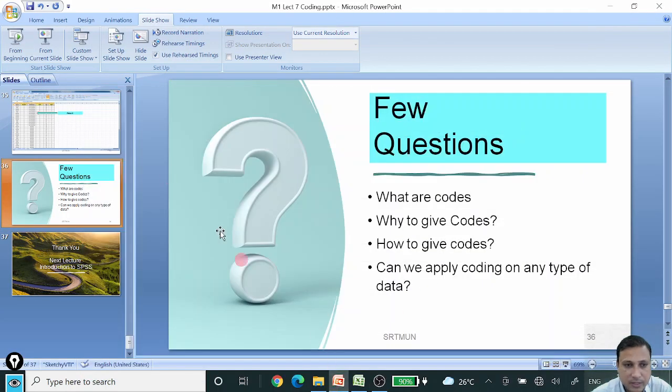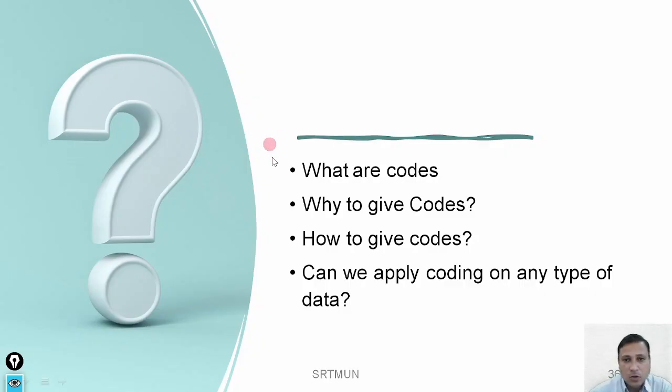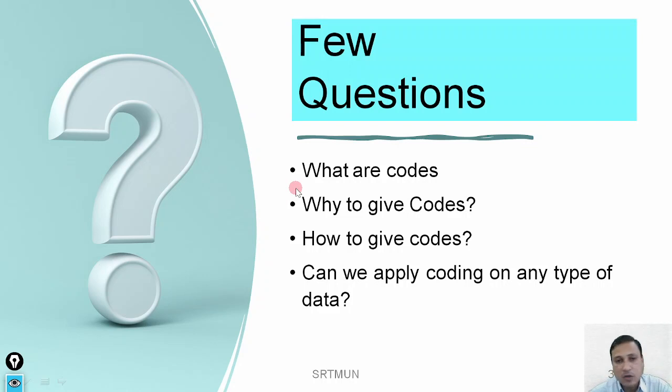So that is the way we can use the sort function and filter function in MS Excel. Now let me take you all back to the presentation, and here is the last slide. So I hope that this lecture could answer all these questions. What are codes? Why to give codes? How to give codes? And can we apply coding on any type of data? See, the answer to the last question is that yes, we can apply coding to any type of data, but it depends on us why we are actually coding. What is the purpose? Usually, whenever we give codes, using that coded data we can only